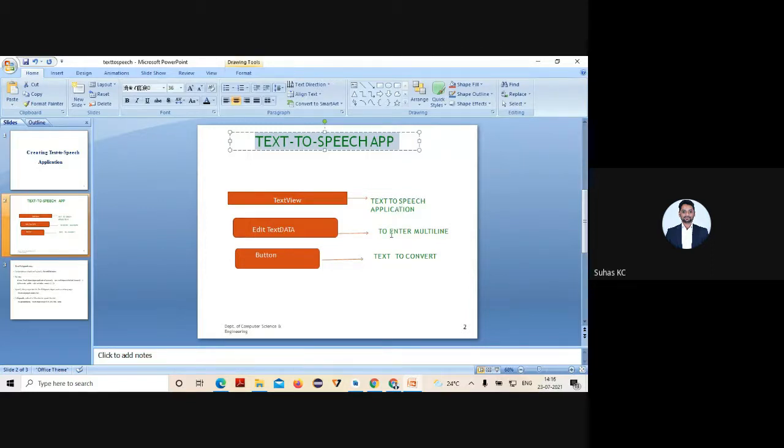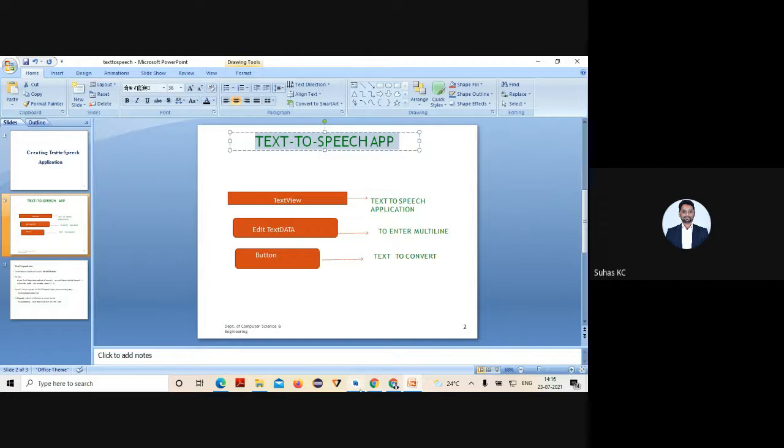Then one more component called edit text, which is used to read the text. And one more button component: as soon as I press that button, whatever text I entered has to be converted to speech. Very simple program.